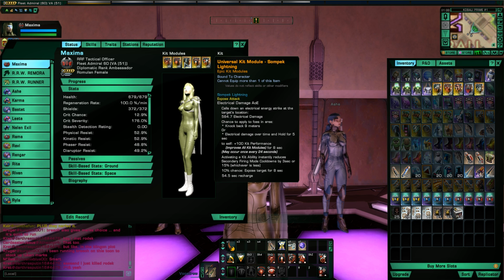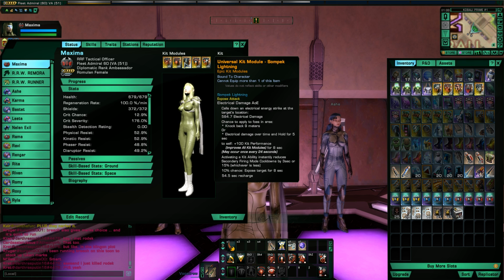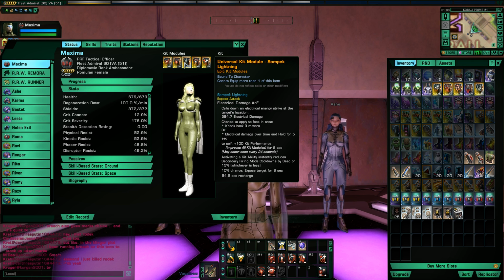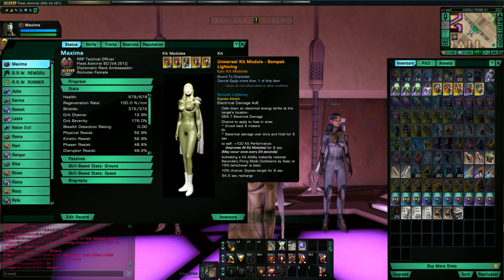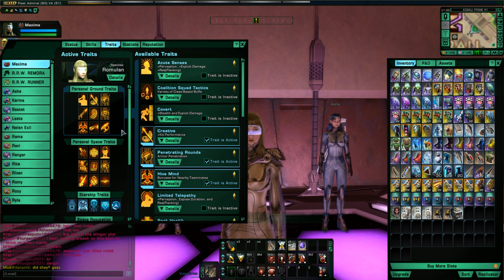Looking at the damage now, as I mouse over it here, it is saying it will do 584.7 electrical damage. And it has the knockback, it has the hold. And oh yes, since the last video, you will also notice down there, one of the procs I have there is the plus 100 kit performance. That is actually from the trait, because I just recently finished